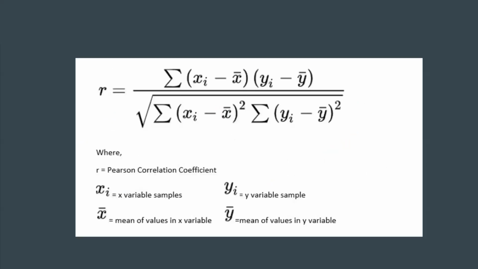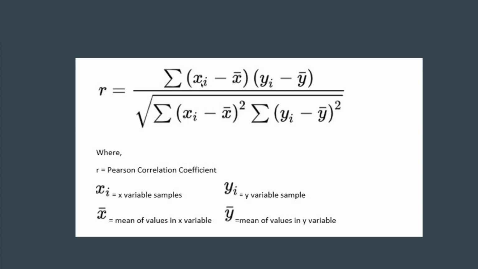For those of you who may be curious on how to calculate R, which is the Pearson correlation coefficient, you would want to get the mean of X and the mean of Y, as you can see here. And for each sample, say N is 20, first sample, you would want to get that sample's X value and Y value, and you want to